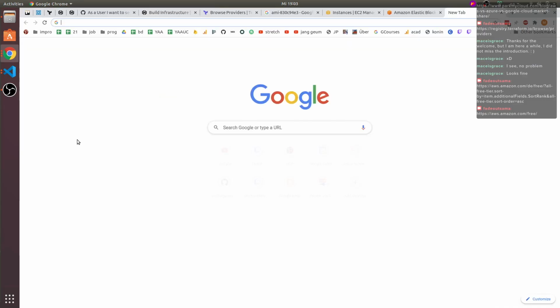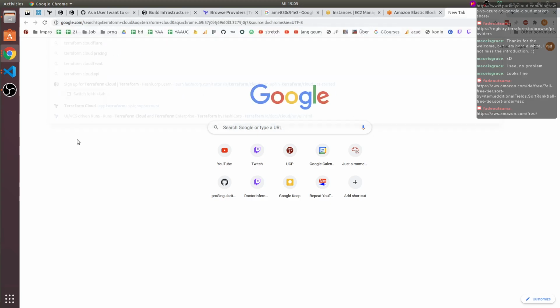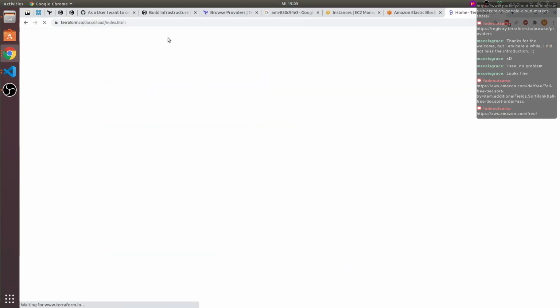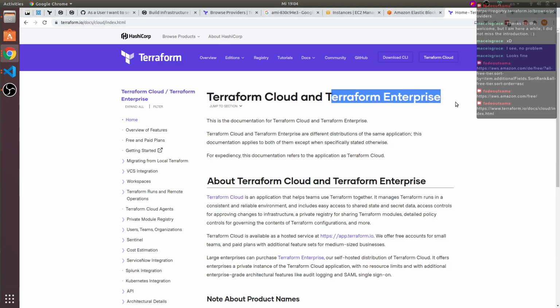There are some other forms of that. For example, Terraform Cloud and Terraform Enterprise, which handle this for you. Because in Git, you should not put any credentials, but these guys handle this for you somehow.